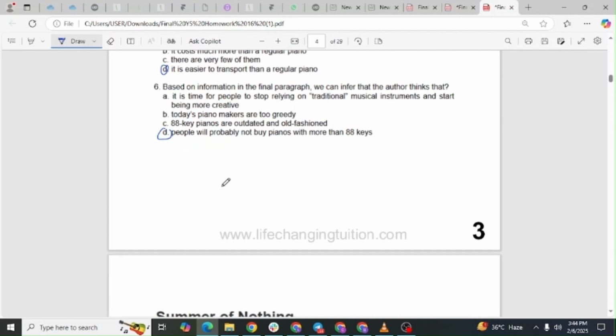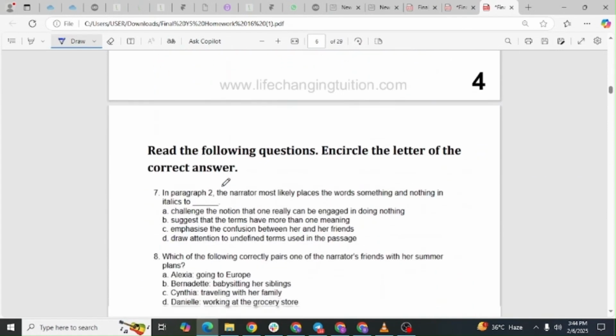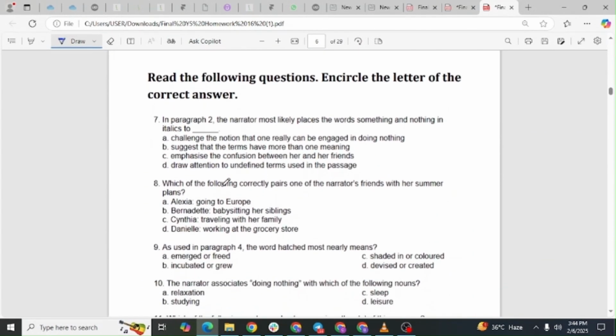Summer of Nothing. Read the following questions. Encircle the letter of the correct answer. Question 7. In paragraph 2, the narrator most likely places the words something and nothing in italics to